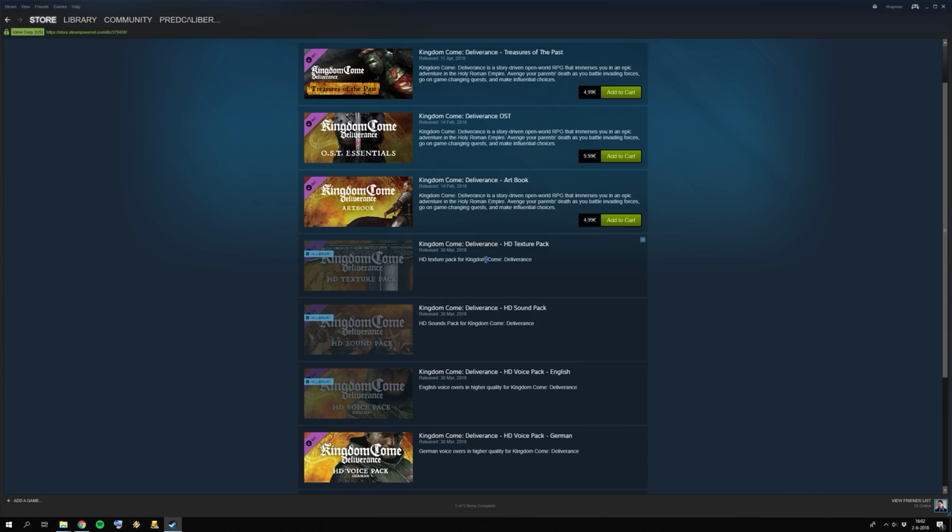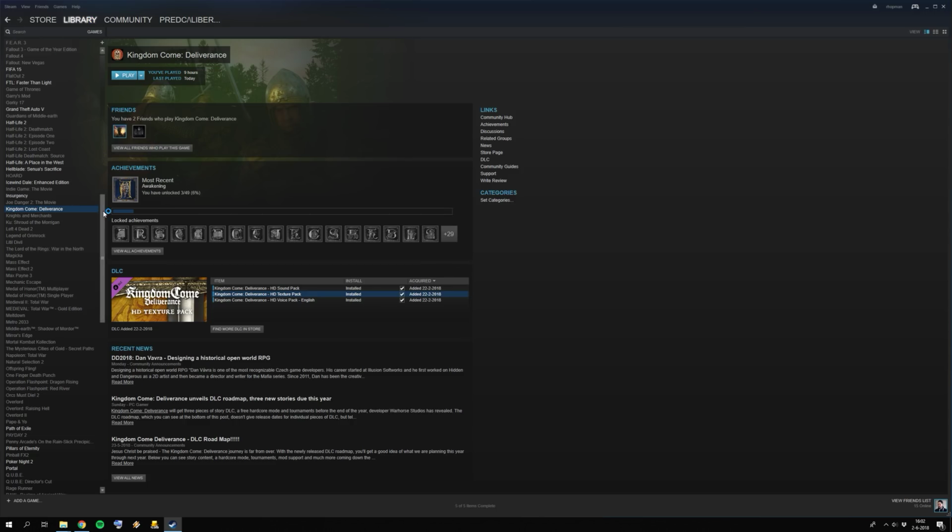And what you then have to do is simply close the game and go back to your Steam library, go to Kingdom Come Deliverance, and uncheck and check the box again for HD Texture Pack. Then it should add the installation to your queue. So do that if you want to have the HD Texture Pack. If you try to install it, the game will launch for some reason. I think this is a bug in Steam. Just close the game and then uncheck and recheck the HD Texture Pack